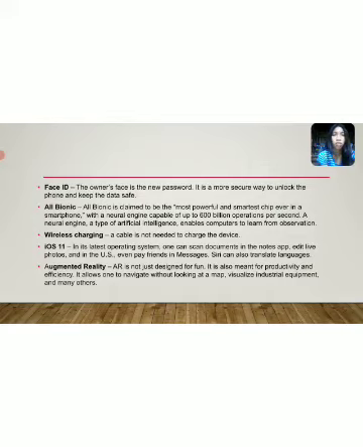Then augmented reality. AR is not just designed for fun. It's also meant for productivity and efficiency. It allows one to navigate without looking at a map, visualize industrial equipment, and many others. For example, on the way, you can easily find the direction if you don't know the place.